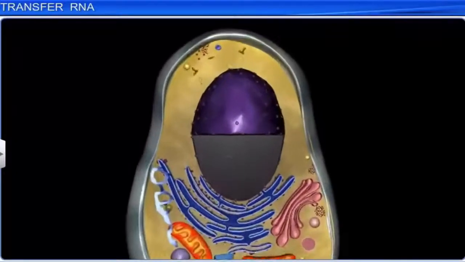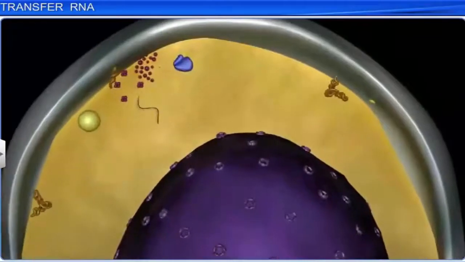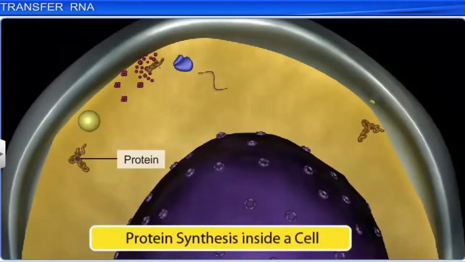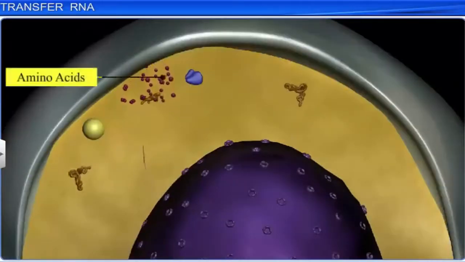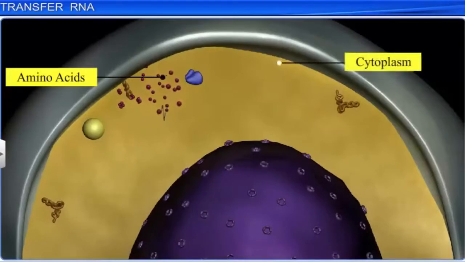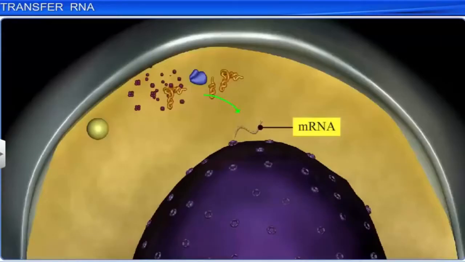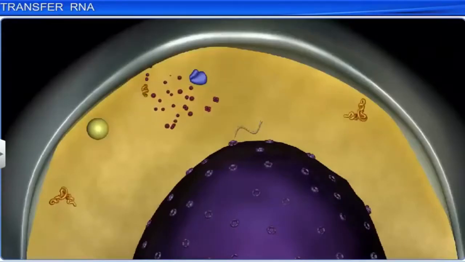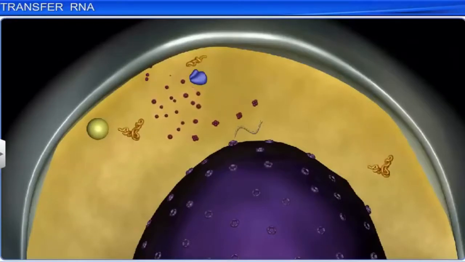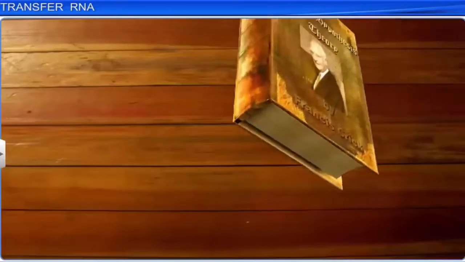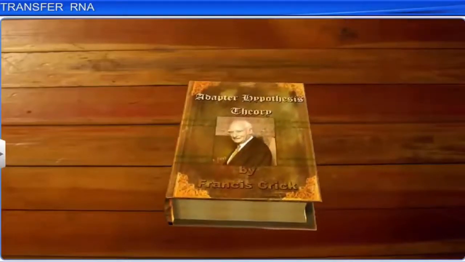The human cell is an amazing structure which is busy carrying out various life-sustaining processes, one of which is protein synthesis. For this process, it is essential that amino acids which lie scattered in the cytoplasm are carried to the messenger RNA or the mRNA template, the site of protein synthesis. Till the 1950s, scientists did not know enough about how proteins were carried to the mRNA. The breakthrough came in 1955, when Francis Crick, who had earlier revealed the DNA structure and its properties, postulated the